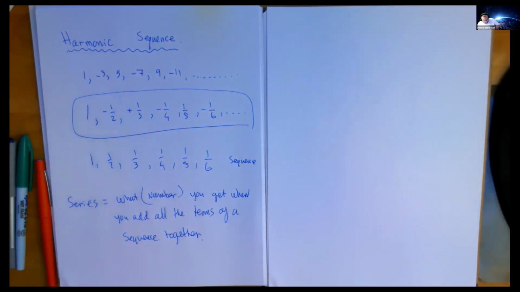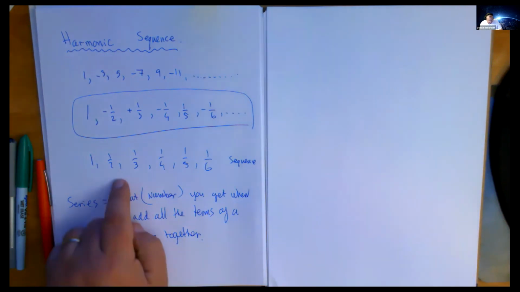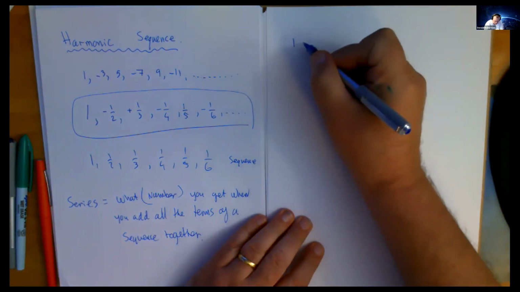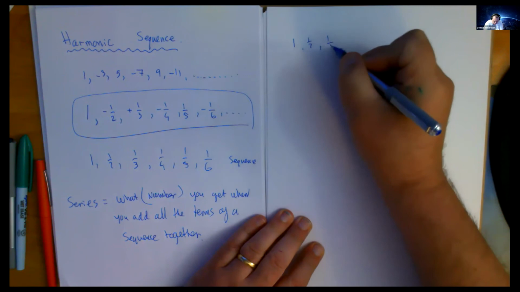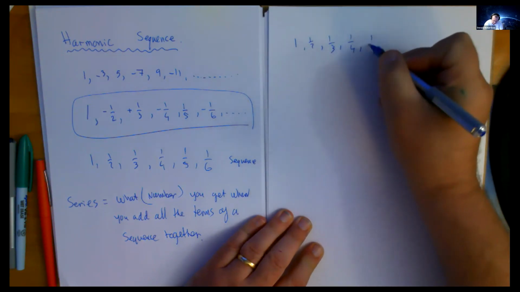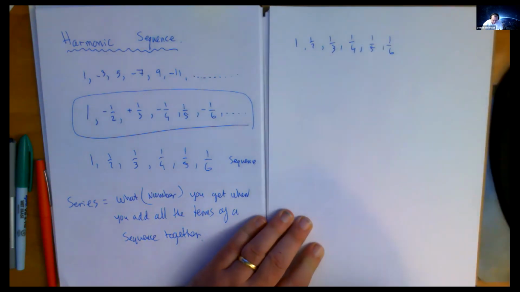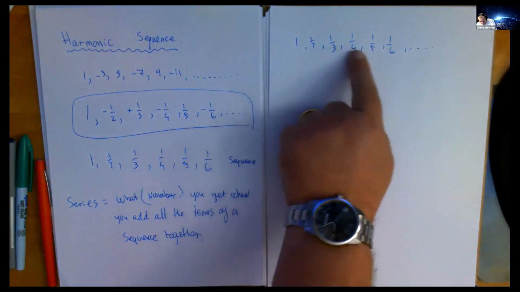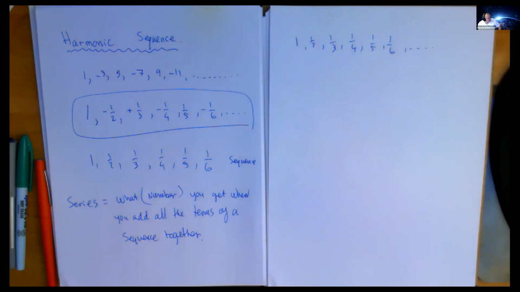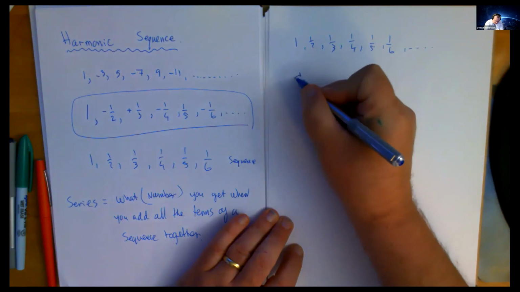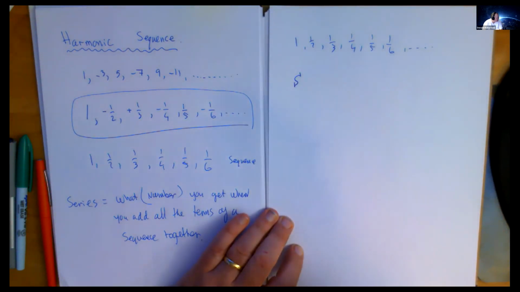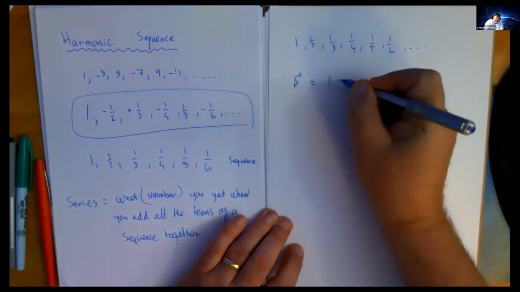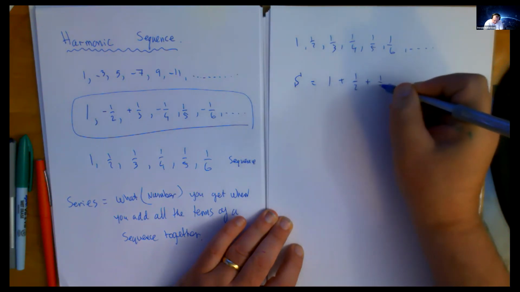And let's return to the ugly part. This guy here, which is all the positives, which is a very special sequence. You can take this guy forever. You can imagine what the term is, right? It's 1 over n plus 1, right? It'd be a very easy formula. Would you agree it's getting smaller and smaller and smaller? Now, they typically use S to mean the series. And if you add this guy together